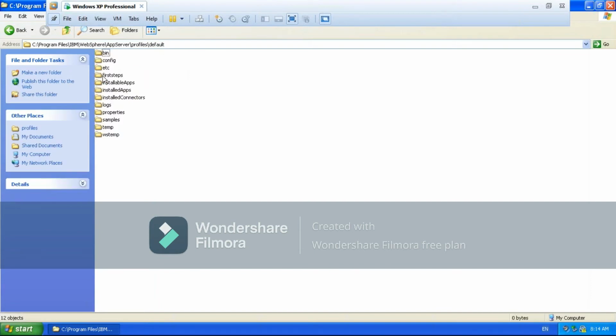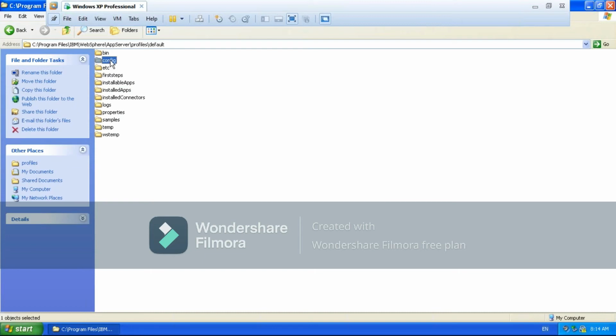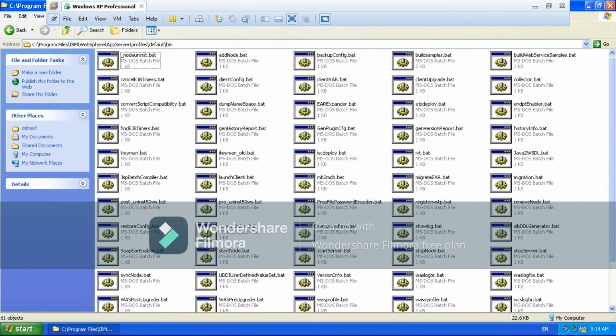In this, what are the major ones? This is the default profile home, right? The major one is config. If you go inside the config, you will see cell name, cell level configuration files. Inside that, node level configuration files, server level configuration files. I said the bin directory, which is there in the default profile home as well as WAS home. What will be there in the bin directory? You will see all command line tools.